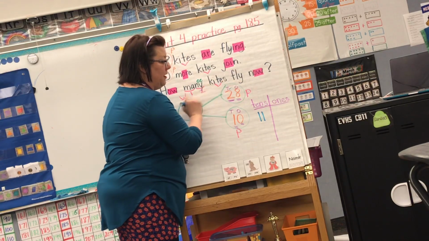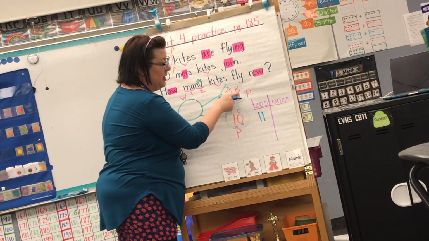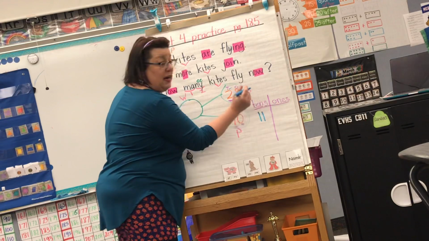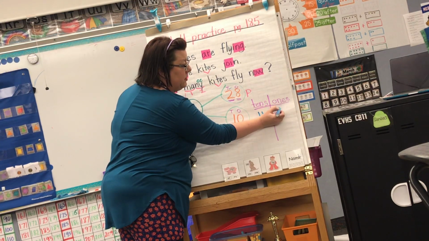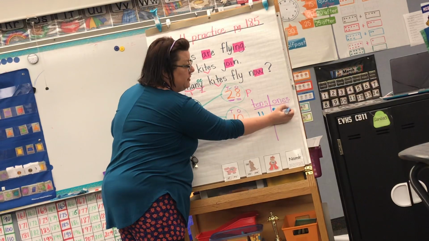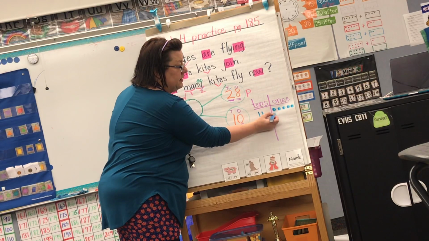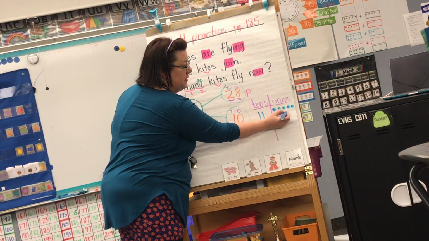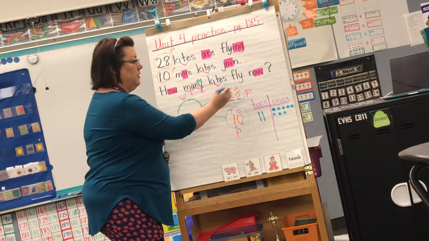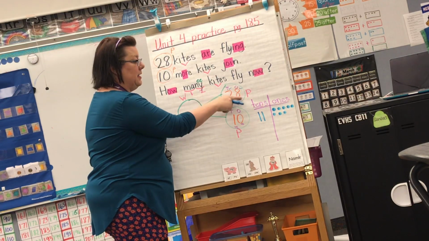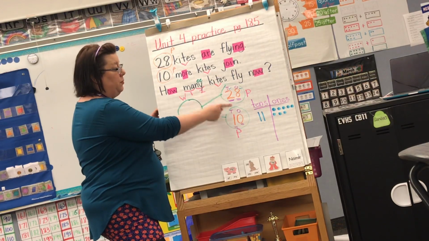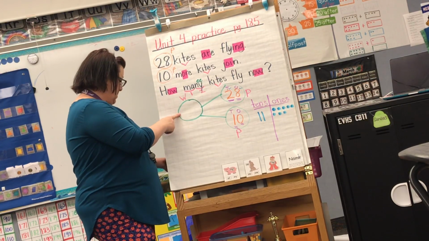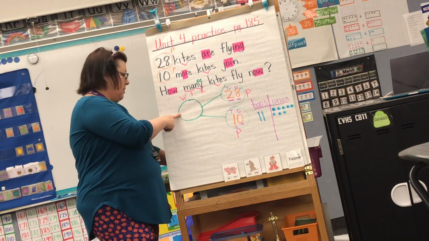Okay, I'm going to check that off because I already recorded that evidence. Now my 8 1s that I always line up like a 10 frame. 1 1, 2 1s, 3 1s, 4 1s, 5 1s, new line, 6 1s, 7 1s, 8 1s. Checked. I've recorded my 10s and I've recorded my 1s. Now remember, I'm putting my two parts together to make my whole. Now I'm going to record